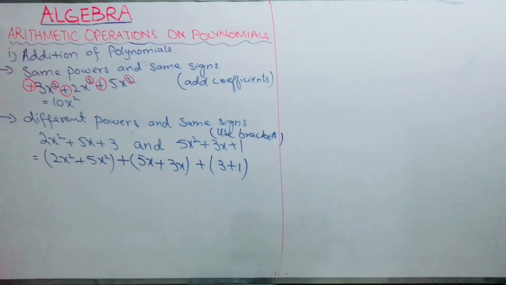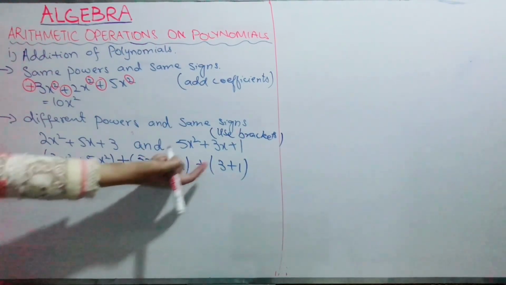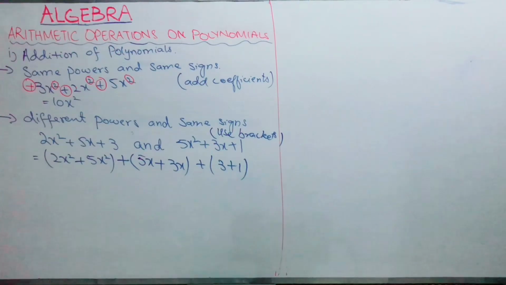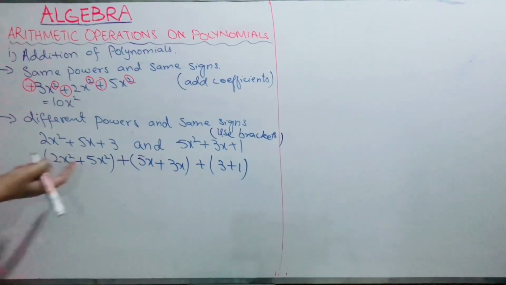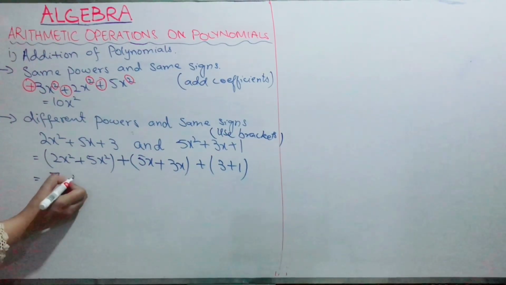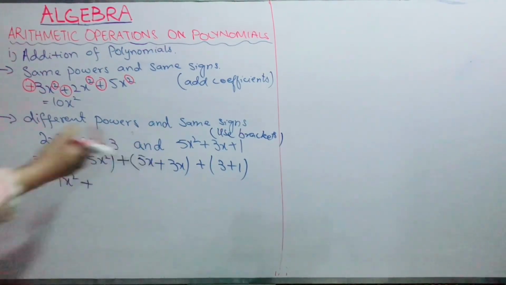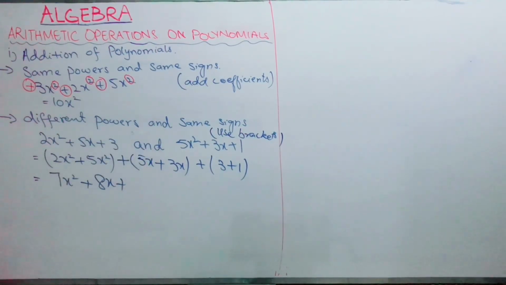right? So if I have different powers but the signs are same, I will use brackets for them, right? So same powers, put in one bracket, same power, put in another bracket, and for constant you will use another bracket. Now again you can apply your previous rule, because powers are same, signs are same, so you just have to add the coefficient. 5 plus 2 is 7x square plus 5 plus 3 is 8x plus 3 plus 1 is